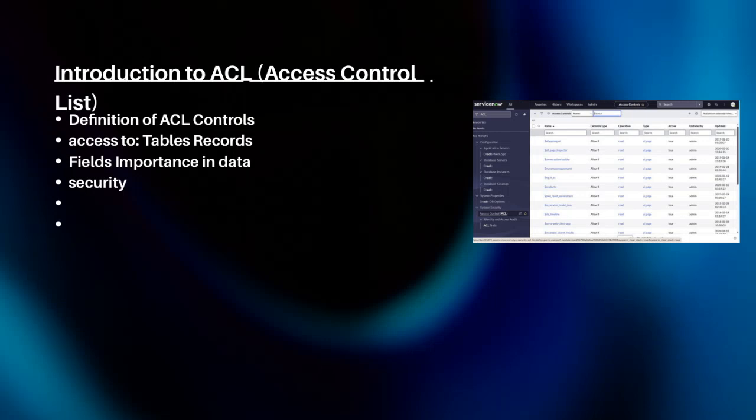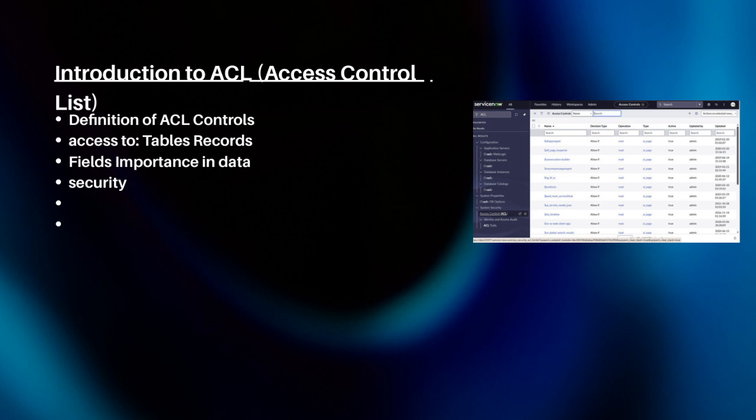Let's start by understanding what ACL controls actually do. They regulate access to various parts of a database by specifying permissions for tables, records, and fields. This means we can control who sees what and who can make changes, which is crucial for maintaining data security. Now, an ACL, or access control list, is essentially a list of permissions attached to each element within the